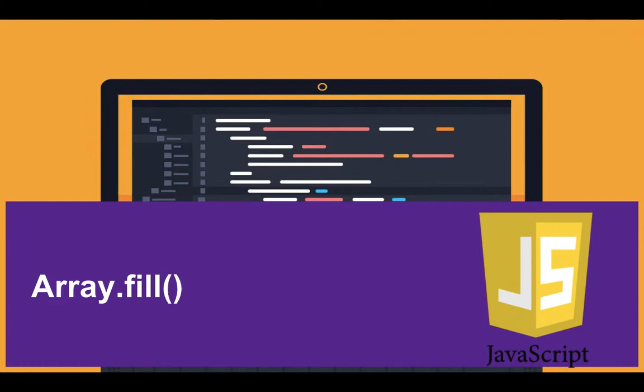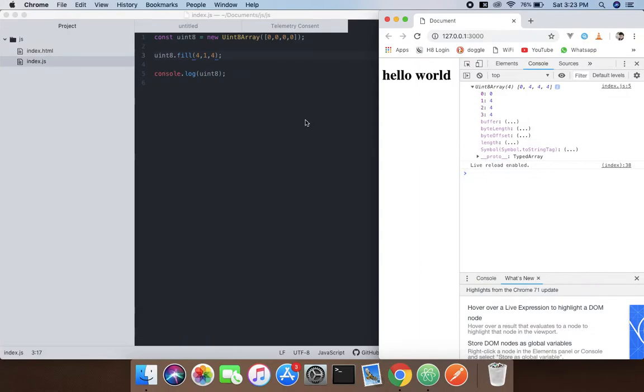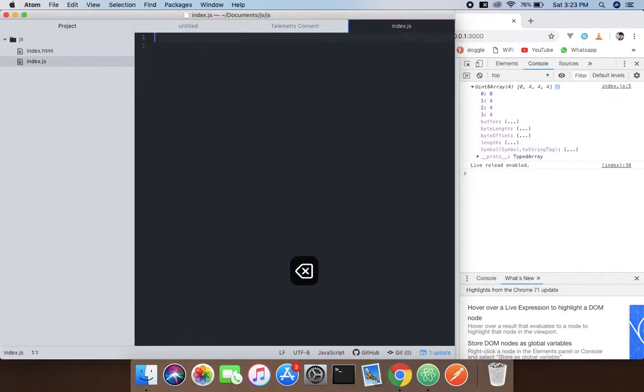So what it does is fill an array with the elements you want. What you need to do is create an array, like var array1 equals an array of numbers 2, 3, 4. After that, we're going to log it on the console